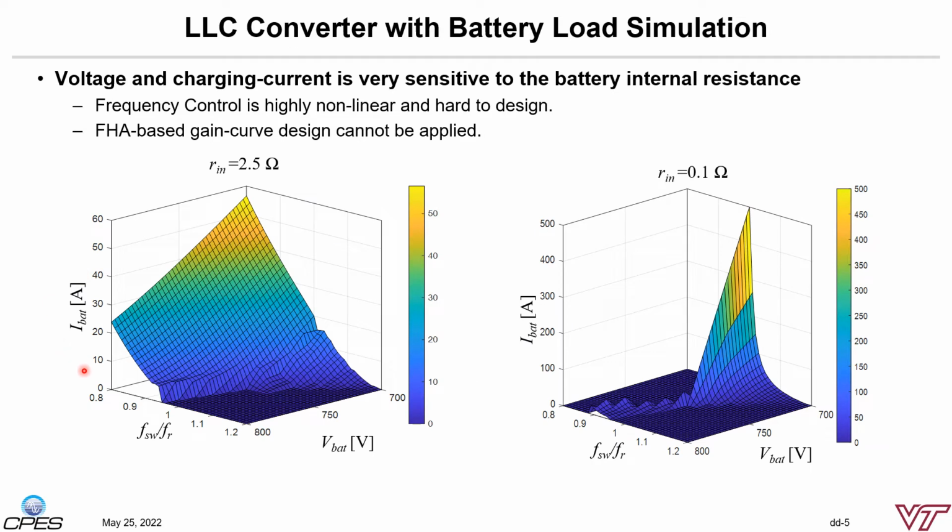Here are the results shown by the 3D plots. The vertical axis shows the battery side current representing the charging power level. The X and Y axes are the normalized switching frequency and the converter output voltage, which is also the battery voltage. The first takeaway we can find is that the converter behaviors controlled by this variable frequency are very different under different battery internal resistance, which cannot be predicted by the FHA-based